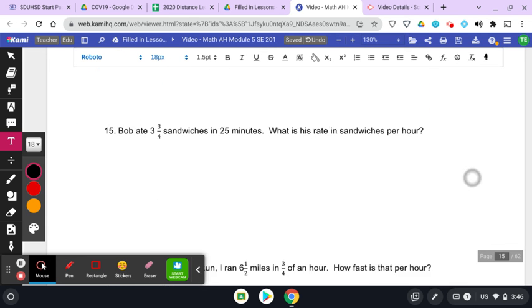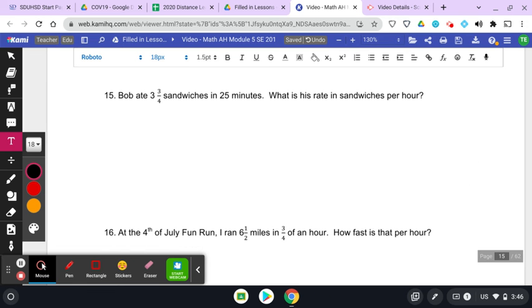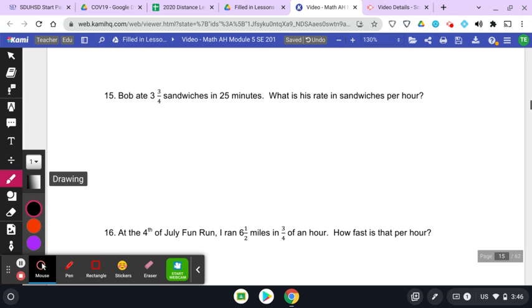Bob ate 3 3/4 sandwiches in 25 minutes. What is his rate in sandwiches per hour? Similar to number 14, so you should pause, try, and then check your answer. Okay, so I don't like it in improper and mixed, so I'm going to make it improper. So 3 3/4, that is 3 times 4, 12, plus 3, 15/4 sandwiches,